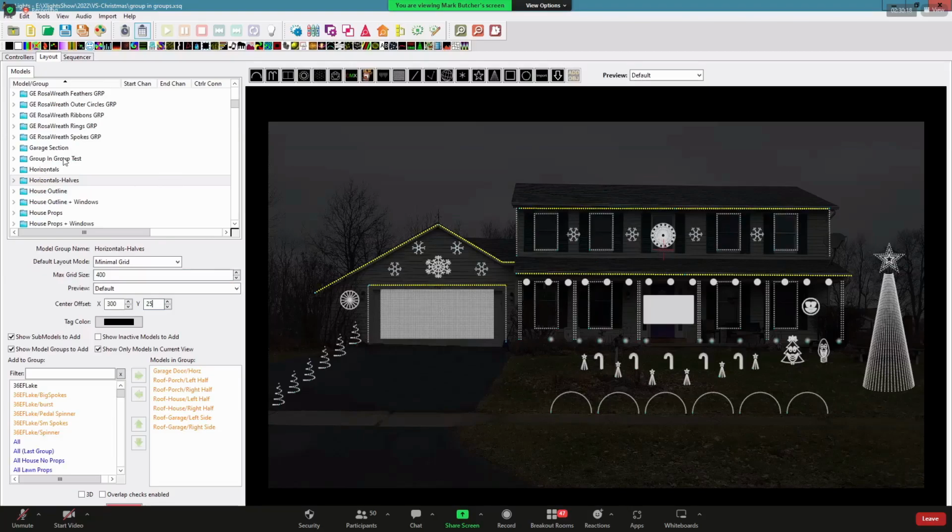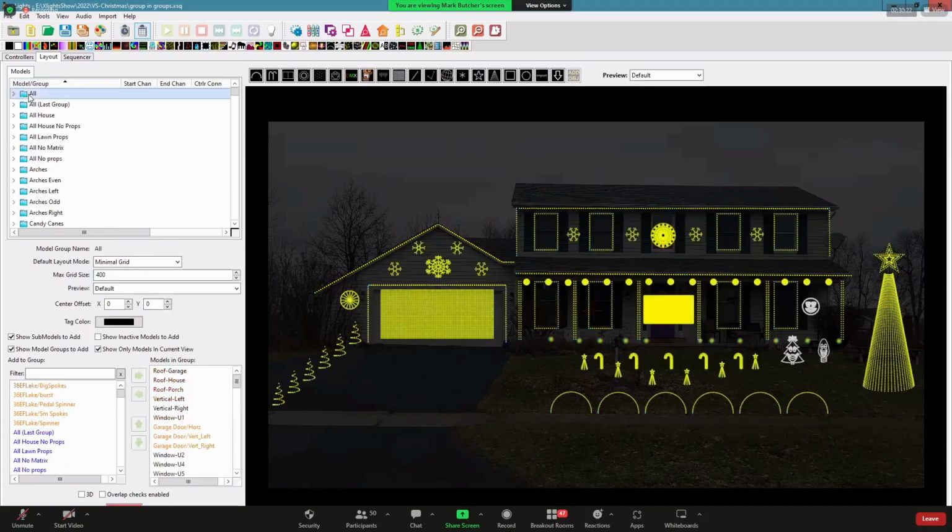And each group will have that. So here's where it thinks the center of the layout is for all pixels. What it's doing is just taking the furthest pixel from the left, which is this one here, the furthest pixel to the right, and finds the middle. And then the same thing, top and the bottom, finds the middle. So it's the same thing here.